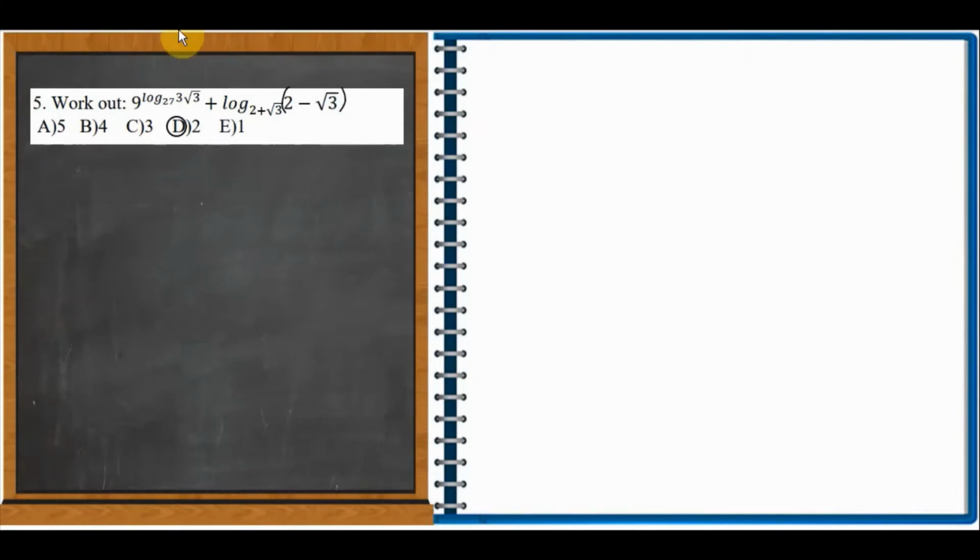In order to solve this question, we need to know some formulas of logarithm. First of all, we need to know that if we have logarithm base a to the power of m of b to the power of n, this is going to be n over m multiplied by log base a of b. The second formula that we will need is to know that when a and b are reciprocal numbers,